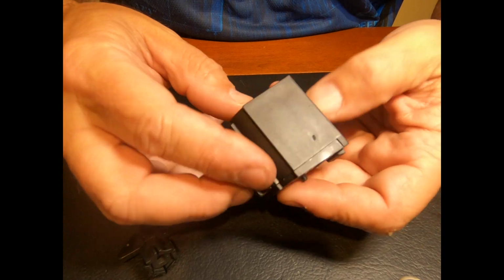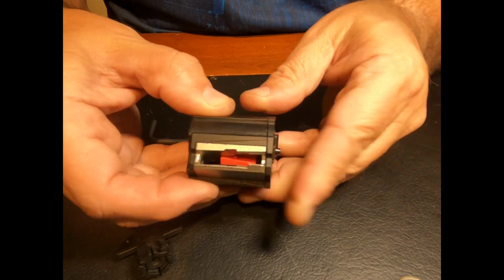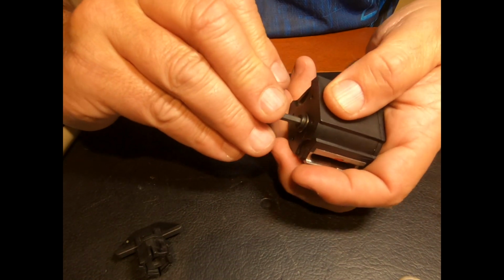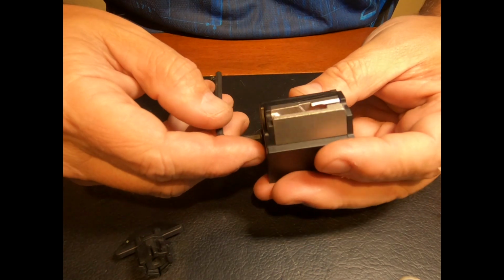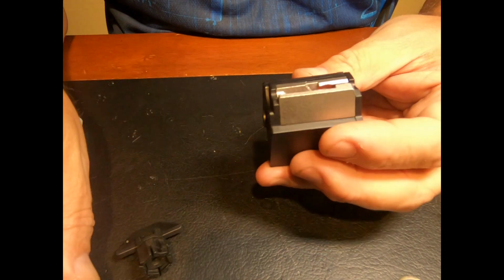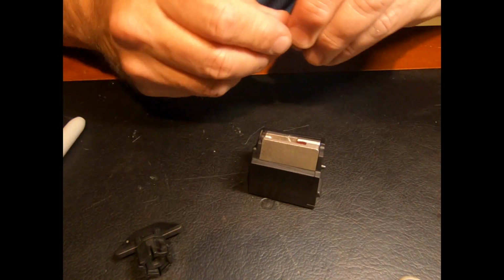Just like that. Now there's still a little play here. See that play? At play, we're going to take up with the Allen key on the other side. Go ahead and turn that around a bit, just to snug it up. Right about there is snug. And I'm going to back it off maybe a quarter turn, just like that. And that, I believe, my friends,